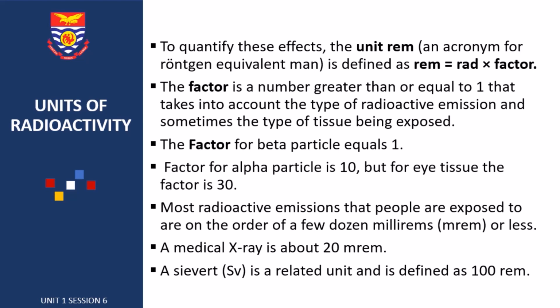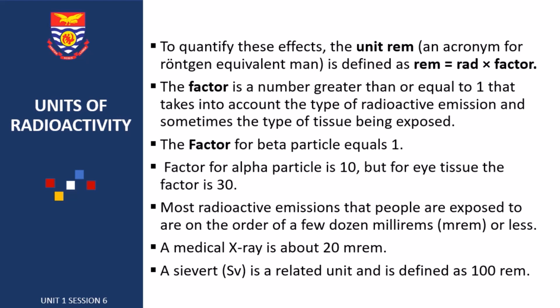So the factor for beta particles is 1 and the factor for alpha particles is 2. But the factor for alpha particles is 10 if that alpha particle is coming into contact with eye tissues, then the factor is